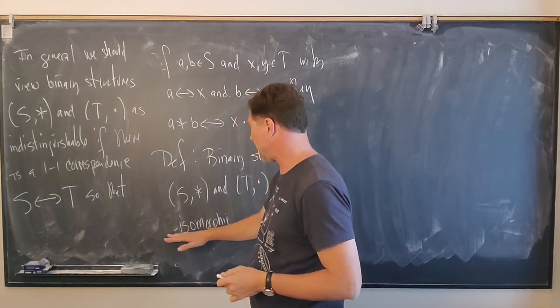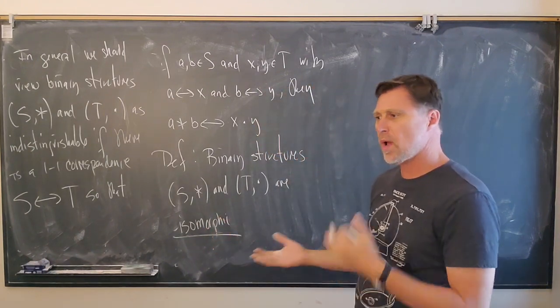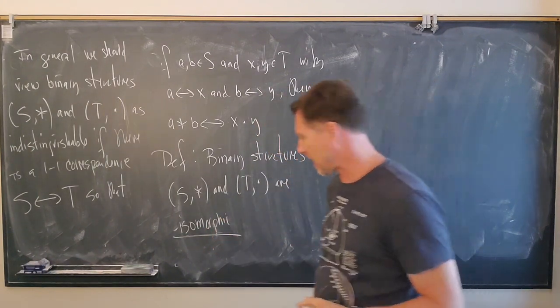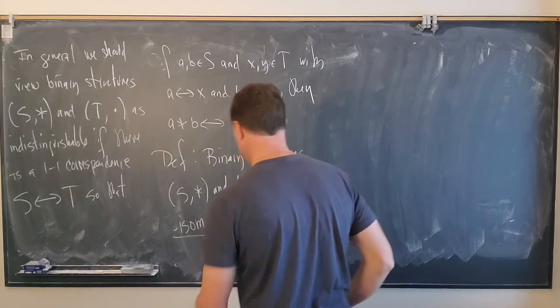Iso means same, morphic or morphism is change, right? So they've been changed, but they remain the same. That's the idea. So isomorphic, if